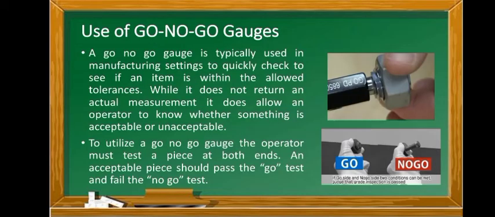A go-no-go gauge is typically used in manufacturing settings to quickly check to see if an item is within the allowed tolerances. While it does not return an actual measurement, it does allow an operator to know whether something is acceptable or unacceptable. To utilize a go-no-go gauge, the operator must test a piece at both ends. An acceptable piece should pass the go test and fail the no-go test. So, for example,